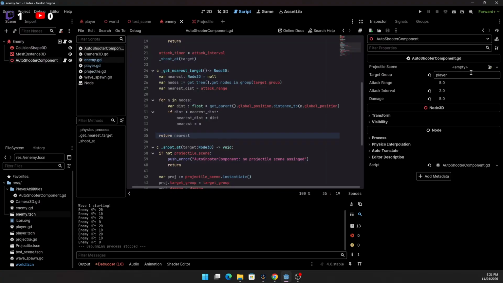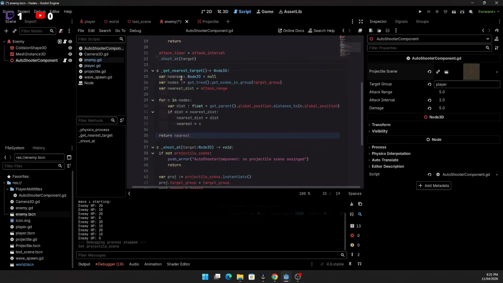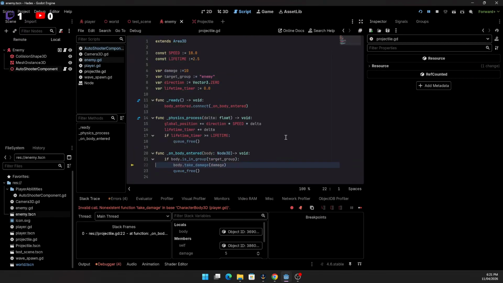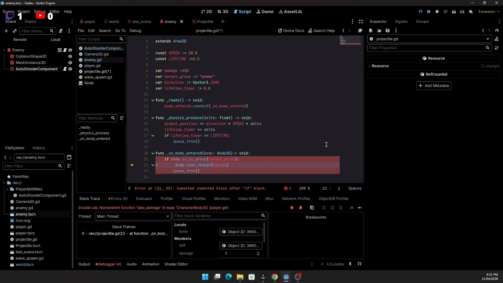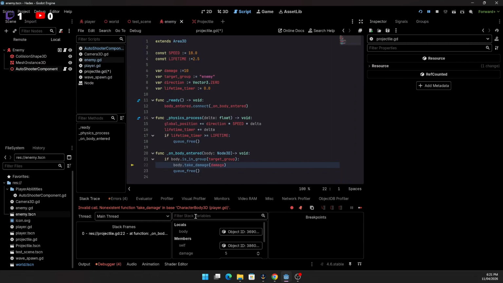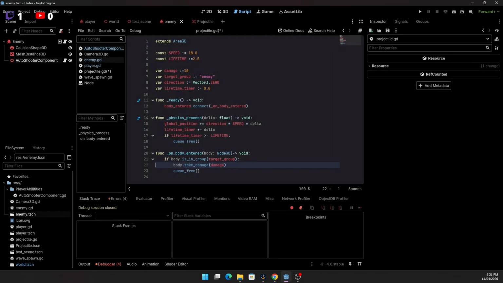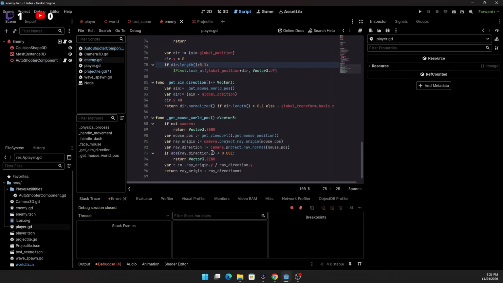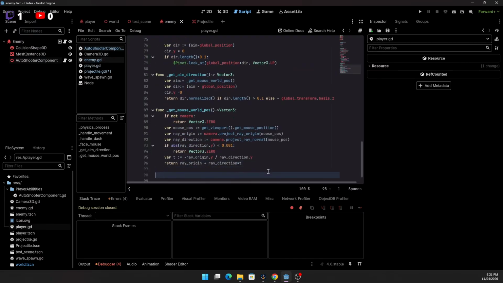Player, yeah. Oh, whoopsie. Projectile. Save, run. So it's saying what? Non-existent function. The player doesn't have a take damage, which is fair. It doesn't. So we can just go,